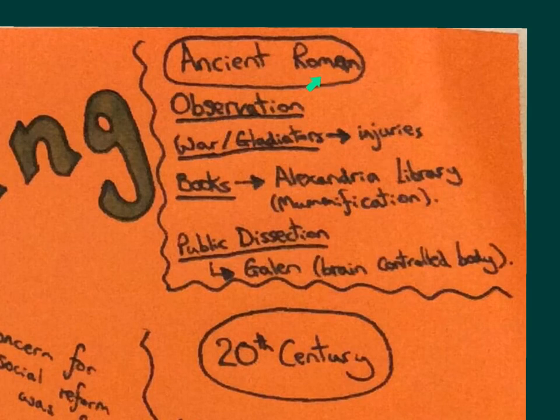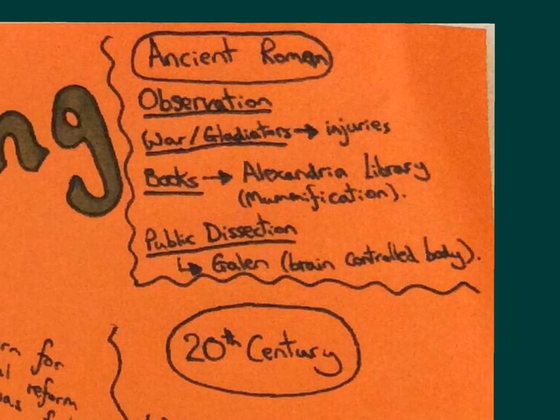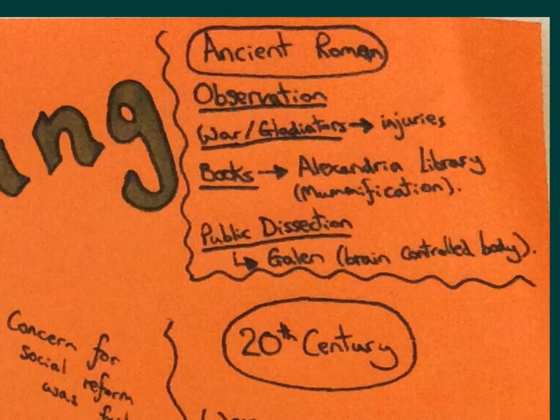Additionally, another way that the Romans would learn about the body or learn about how to treat people was through public dissection. The most famous person to do any public dissections was, I'm sure you've heard of him before, Galen. Now, Galen was particularly interested in dissection to prove how the body worked, and he proved through public dissection of a live pig that the brain controlled the body. So he was showing people how the body worked, although it wasn't on a human, because he mainly dissected pigs and apes. These public dissections would enable medical students and other doctors to learn from his work and to pass that knowledge on.